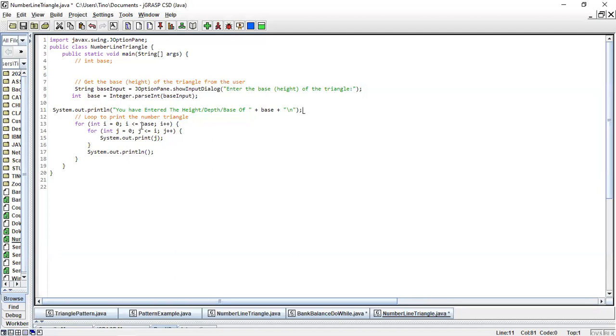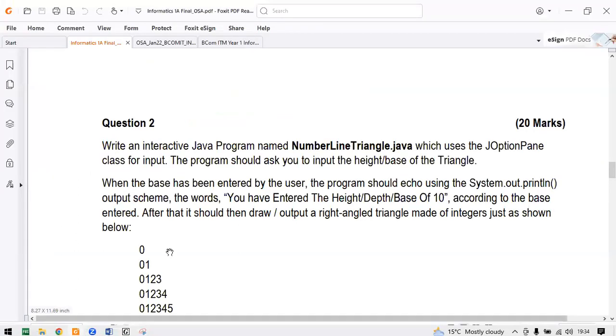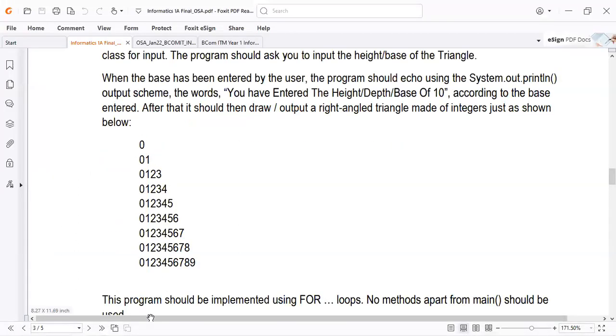i less than or equal to base. Where are we getting this base? The one that we've entered. Maybe we've entered 5, so this 0, I say 0 is less than or equal to 5, right? Then increment. So what happened here is you write your code like this. You want to get now to print the columns. Here we are dealing with the rows, the outer row of your code, right?